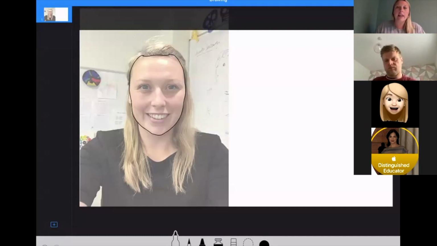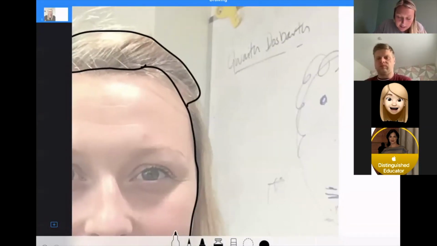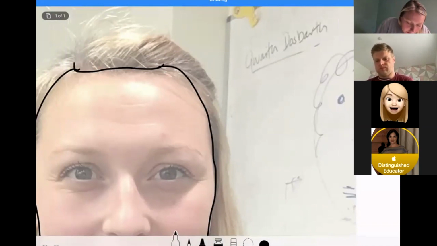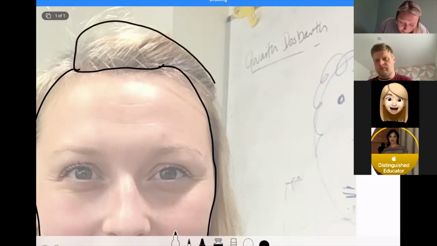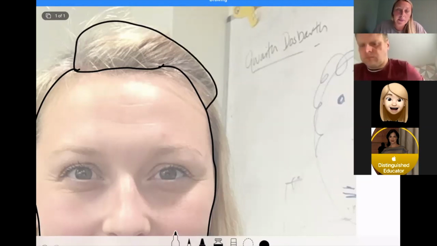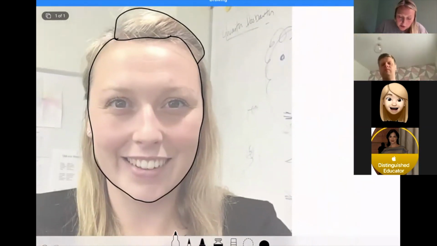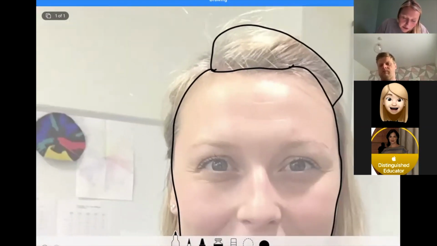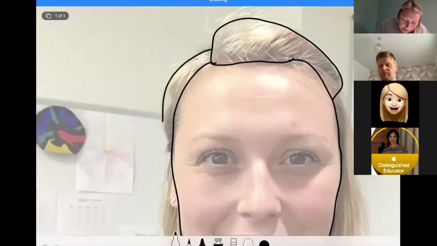If you want to go for a thicker line, that will be fine. When you're drawing the hair, particularly if you've got a hairstyle like I have in my photo, make sure that your lines are connecting up. Then it'll give you that solid shape. I need to go in a little bit closer. Also, if you zoom in, you will have better accuracy, particularly with Keynote. So I always recommend going a little bit closer, particularly for details,